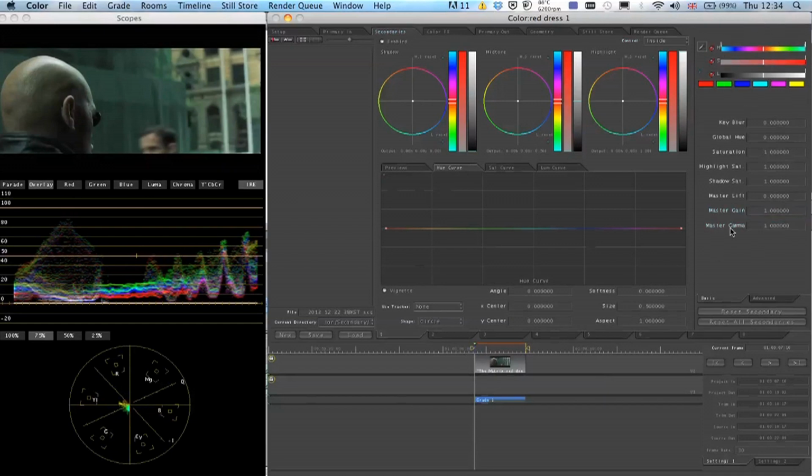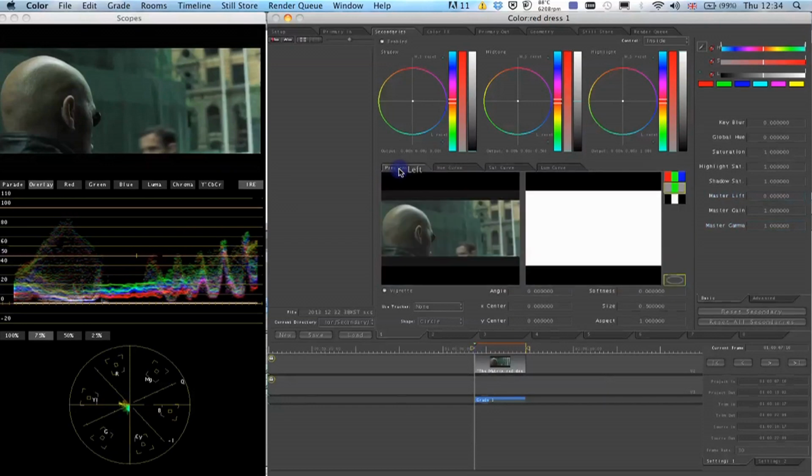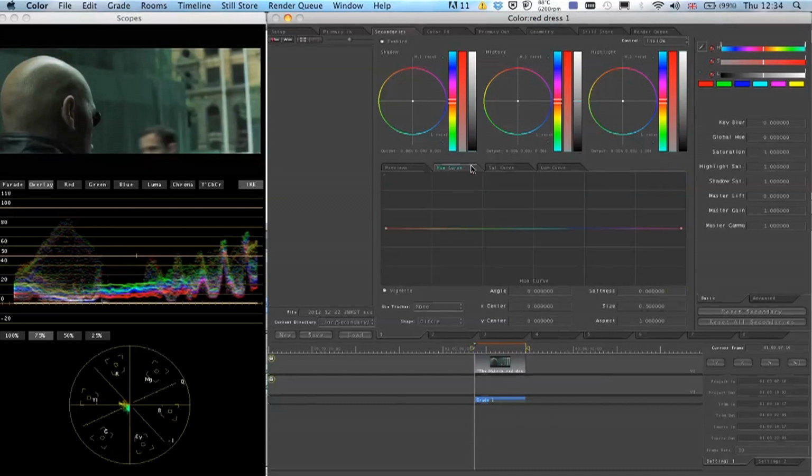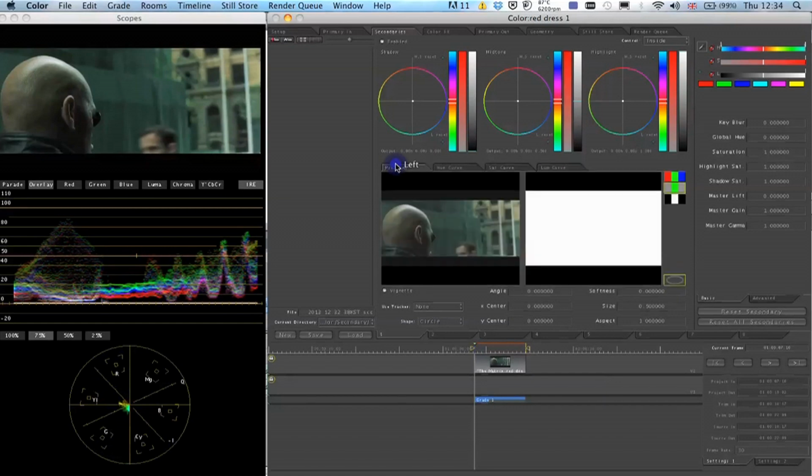We've got some additional boxes here that look at key blurring, the global or wide hue, saturation, highlight saturation, shadow saturation, any masters of lift or gain that we might be interested in, and our master gamma. Another small area shows our preview eventually. So we've got our preview, and our curves for hue, saturation and luma. Obviously what we're going to work with today